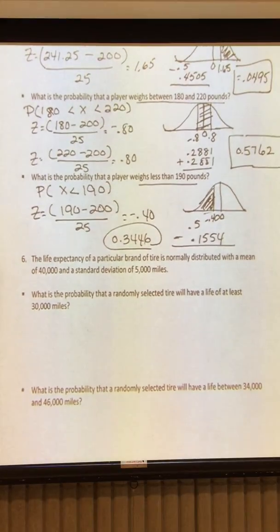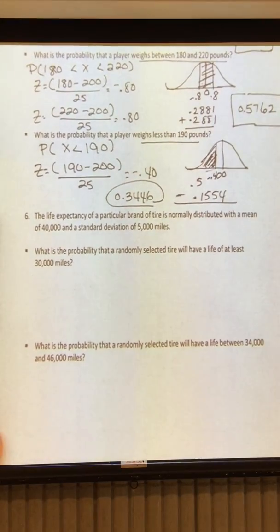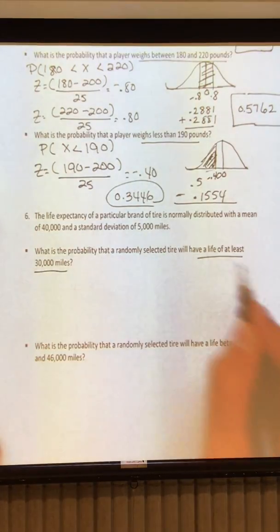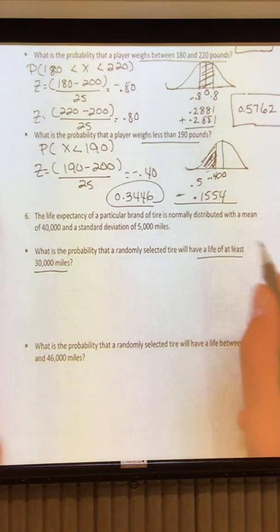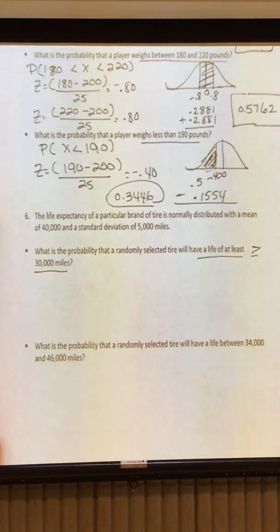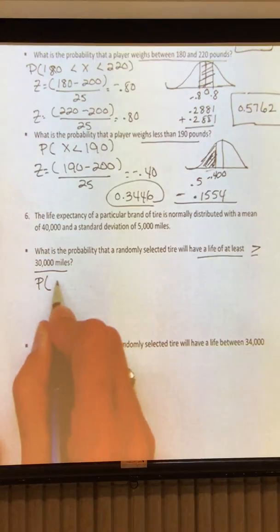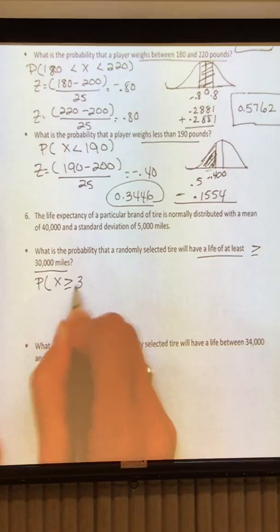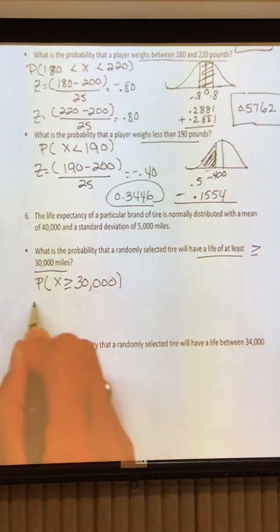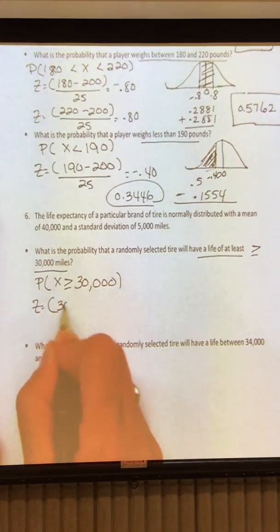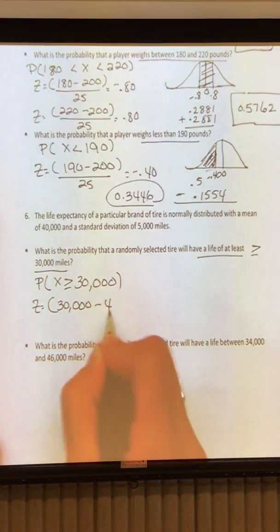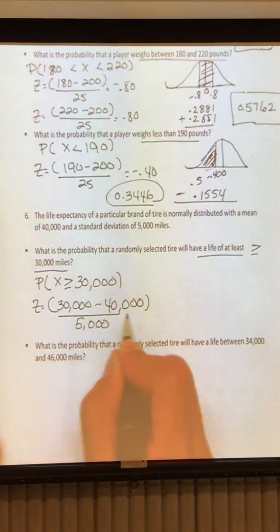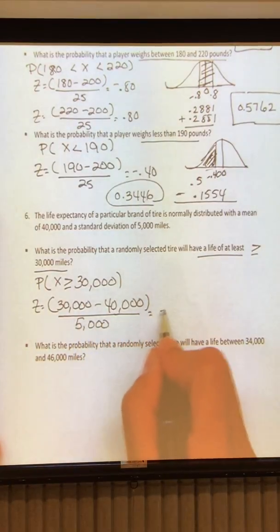Moving on to number 6. What is the probability that a randomly selected tire will have a life of at least 30,000 miles? At least means greater than or equal to. So let's find the probability that the tire will be at least 30,000. So finding the z-score, you have 30,000 minus 40,000 divided by the standard deviation of 5,000, and that calculation is